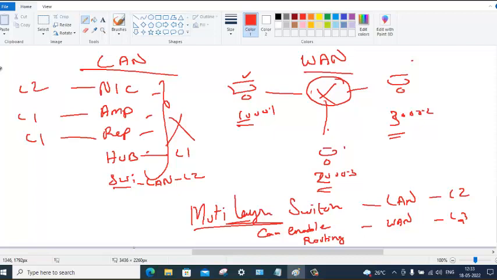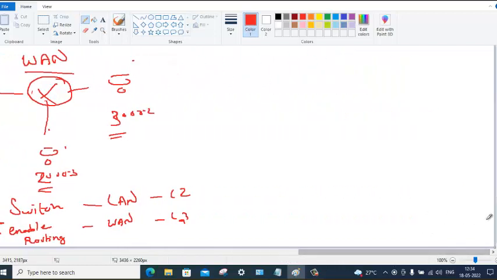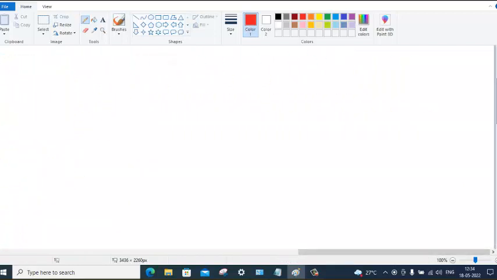Connection within a network, you need only a LAN switch. Routing between networks, you need a WAN device, a router. So we have learned LAN devices and WAN devices.